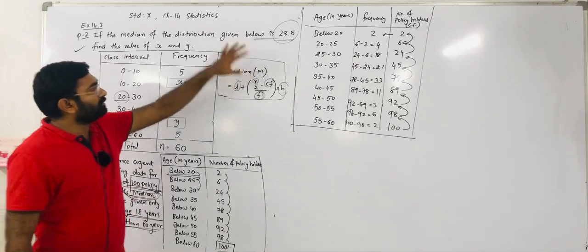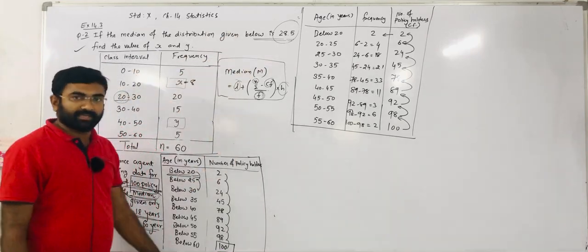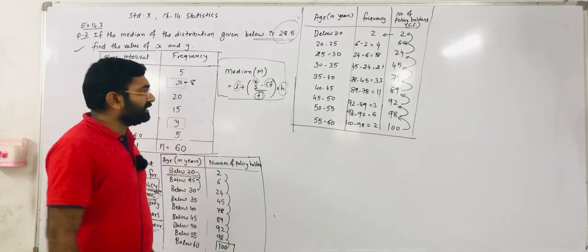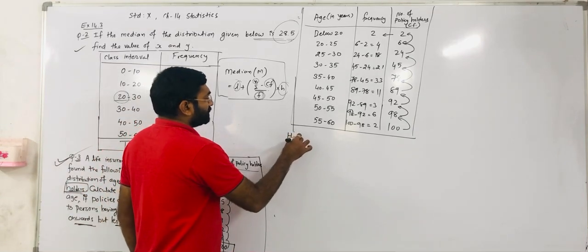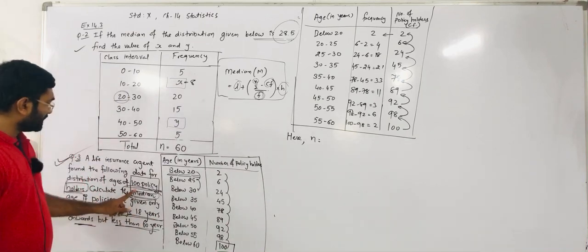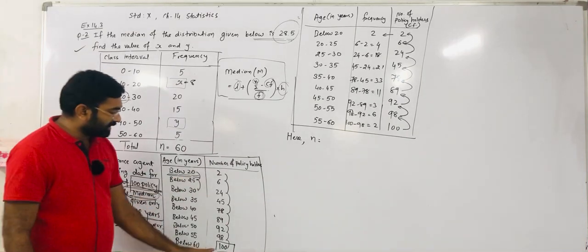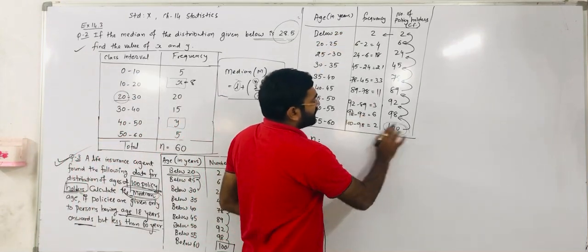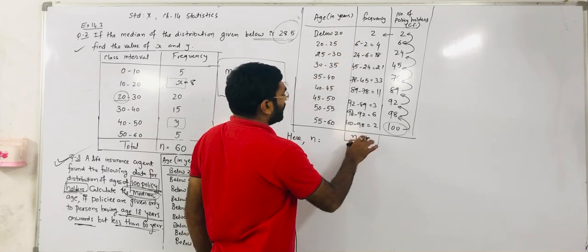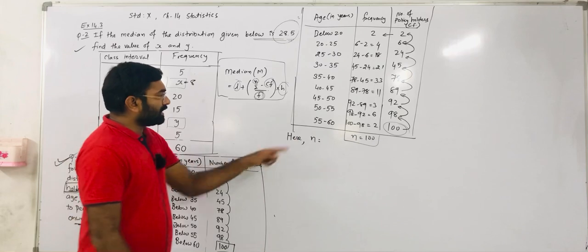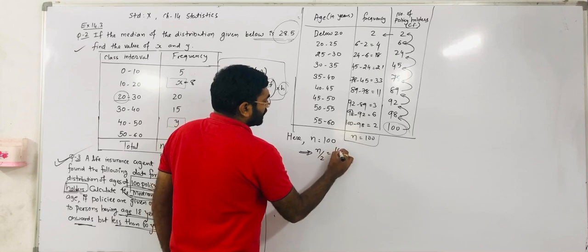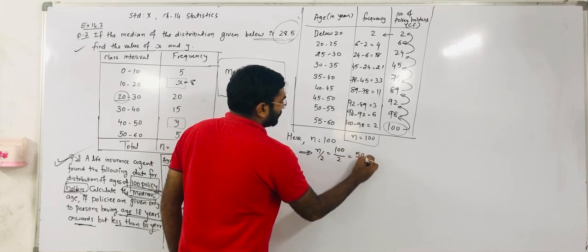For that, whatever values the formula requires, we have to decide. For finding those values, we require the median class. And how can we decide the median class? We can decide it from the n by 2 value. So observe here, how many observations are given in total? In the question they give 100 policyholders, or from the cumulative frequency we get 100 at last. Or if you add all these frequencies, again you get n as 100. So n in the given question is 100. That's why the n by 2 value is 100 by 2, so we get 50.